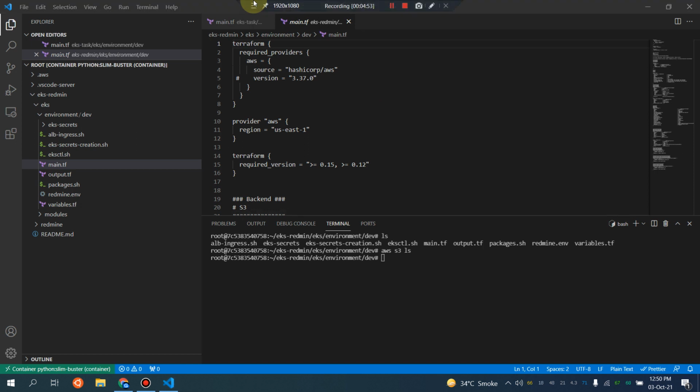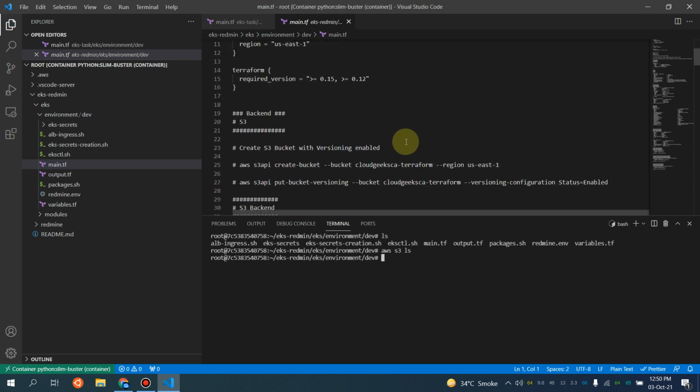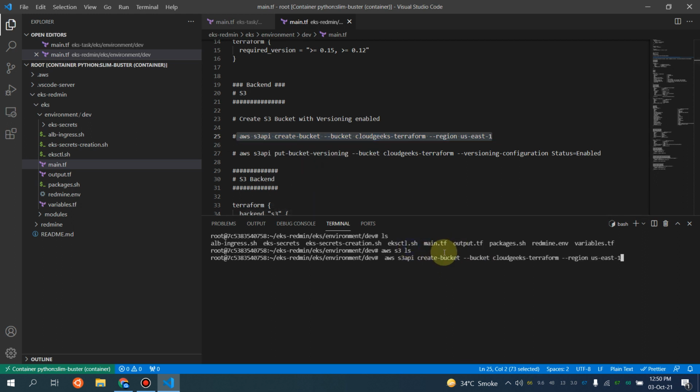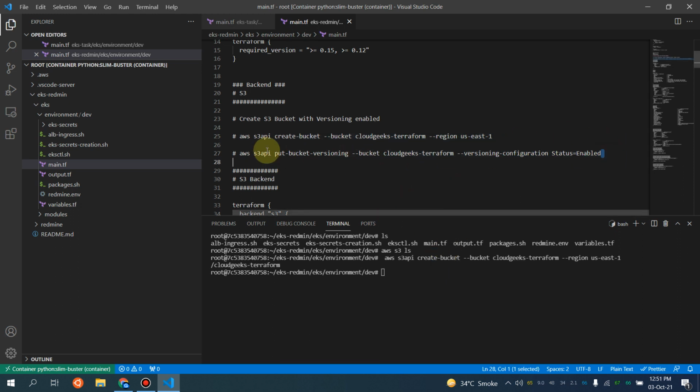So guys, as you see, I am inside the container and I'm going to set up the backend for Terraform, and it is going to be an S3 bucket. So I will be setting up a bucket with this name, Cloud Geeks Terraform. So I'm going to use the CLI to set up the Terraform backend. You should have the S3 bucket already configured. So I'm going to simply paste these commands. So I've already configured my keys. So this bucket is created,